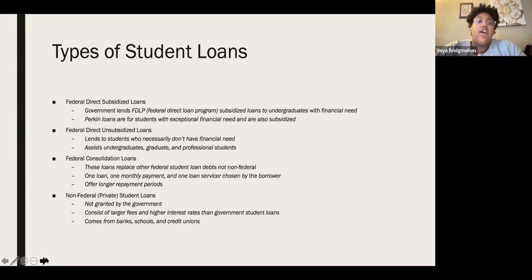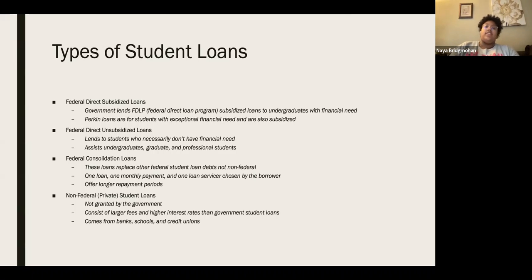The third type of loan is federal consolidation loans. These loans replace other federal student loan debts, but not non-federal ones. For example, private loans, they don't replace those. This loan consists of one loan, one monthly payment, and one loan servicer that's chosen by you if you are thinking about doing a federal consolidation loan. They offer longer repayment periods. It could be a benefit or not a benefit,